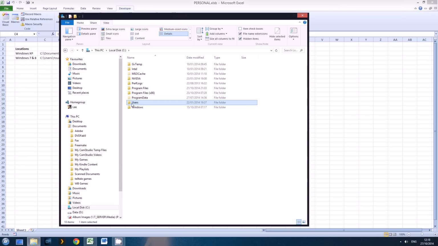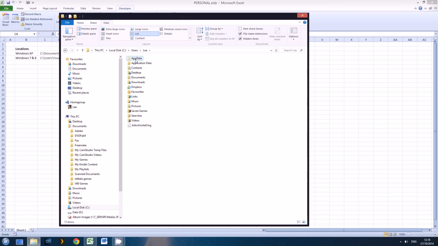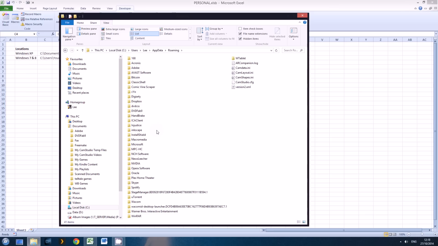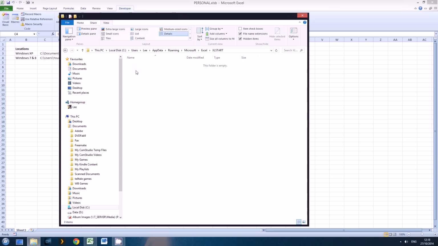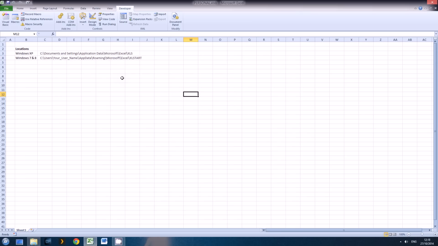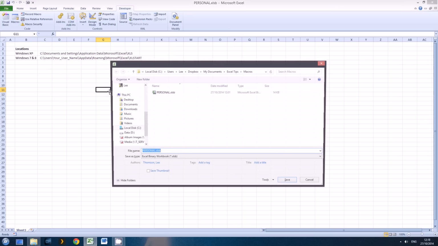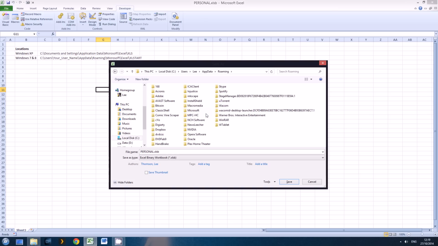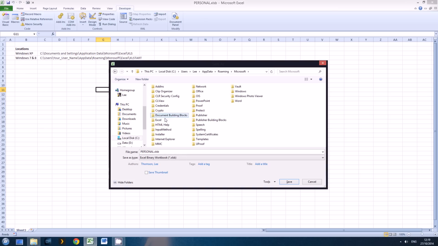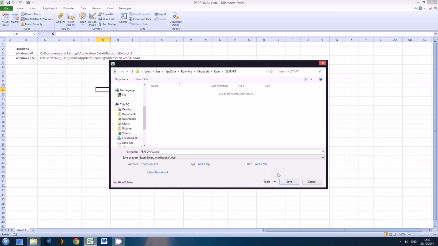So if we go into users, my username, application data. If hidden items isn't ticked, can't see it. App data, sorry. Roaming, Microsoft, Excel, Excel start. That's where we want this spreadsheet. Right, so we'll save it there. So if we go to app data, roaming, Microsoft, Excel, Excel start, save it there,